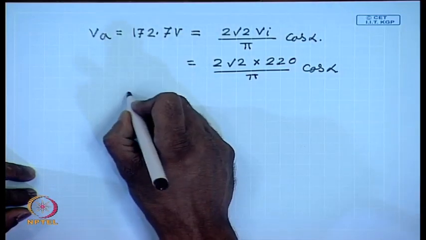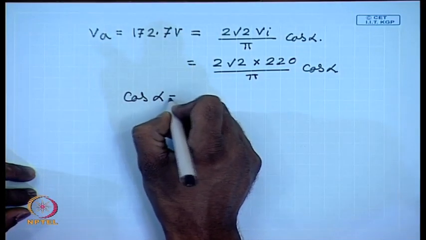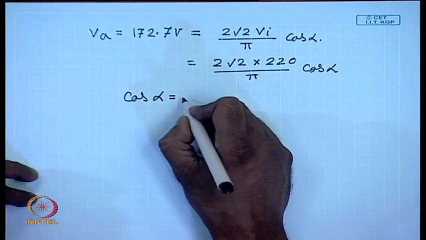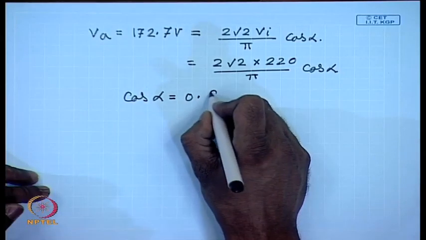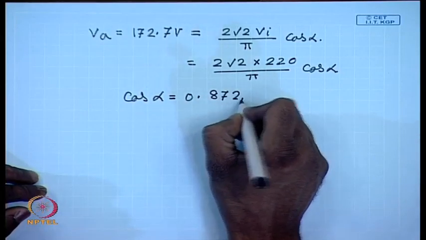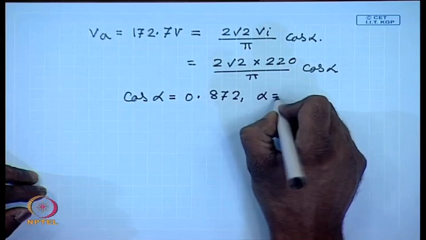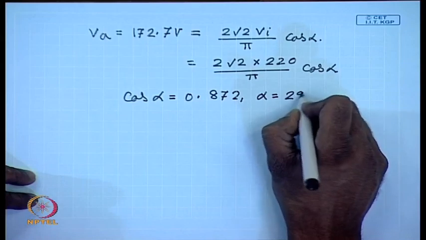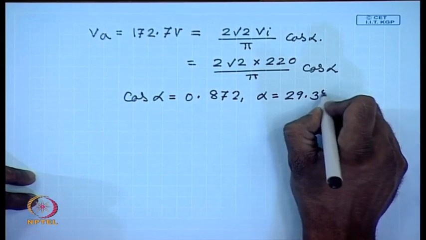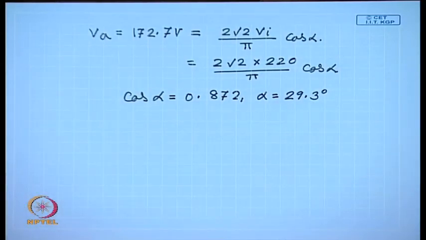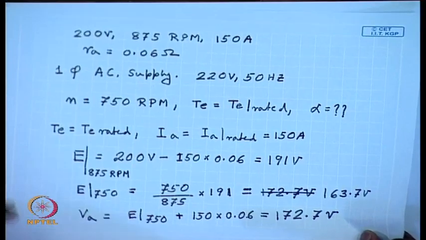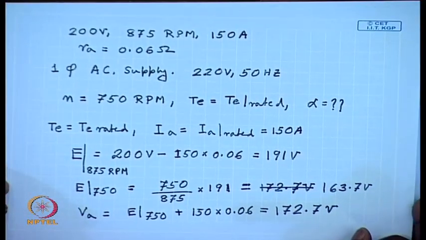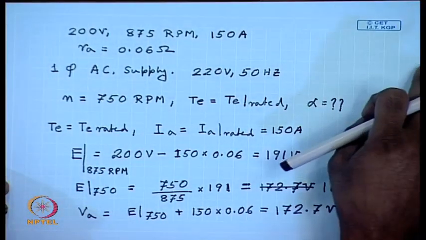This gives cos alpha equal to 0.872, or alpha equal to 29.3 degrees. So, almost at alpha equal to 30 degree, we will be able to reduce the motor speed to 750 RPM, while still